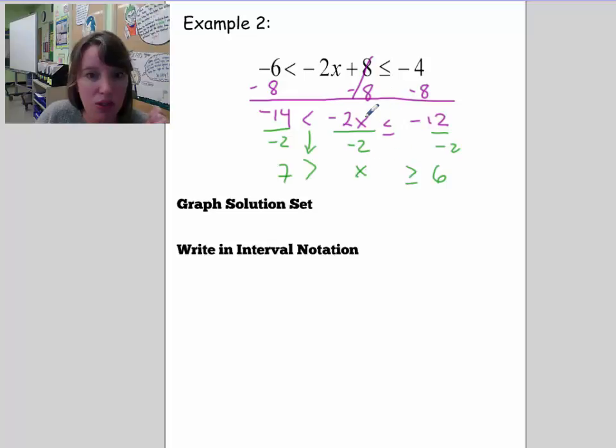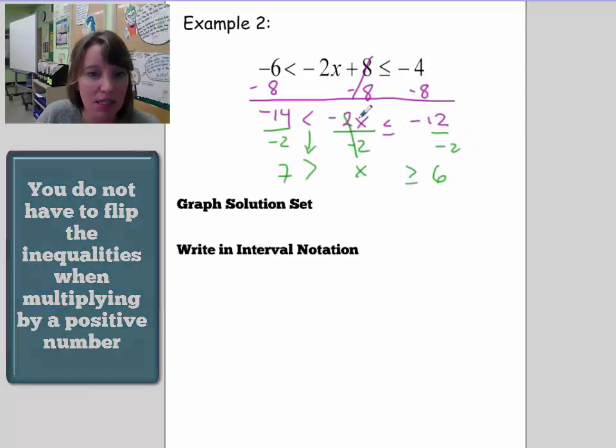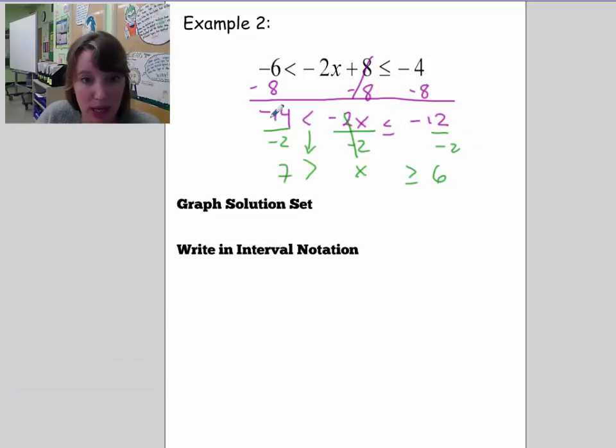Okay. So think about this. If x is between 7 and 6, essentially, let's say it's 6 because it's allowed to be equal to 6. Then that means 6 times -2 is going to sit between -14 and -12. When you flip them around, the upper bound becomes on the left and the lower bound becomes on the right. So you actually have to translate it